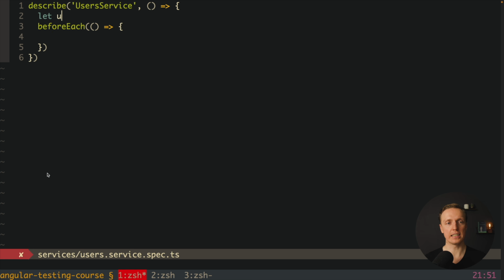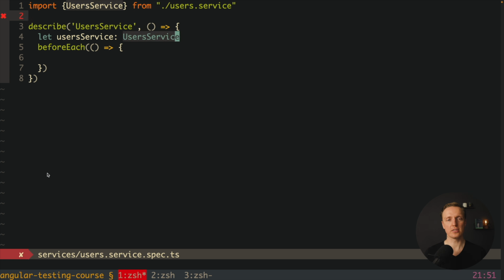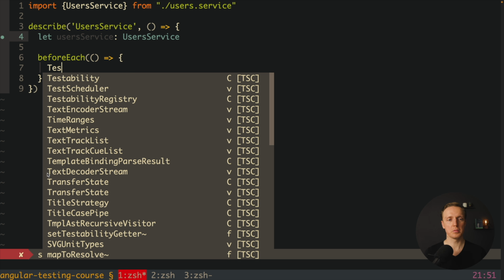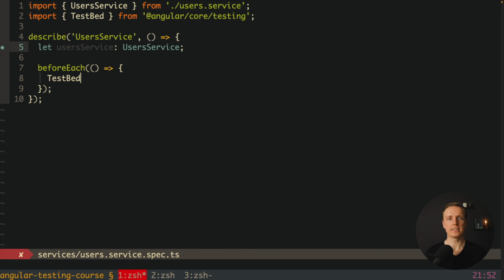This is why here let user service of type user service. And as you can see, it was auto imported here on the top. Now inside our before each, what we want to do, we want to write test bed. And as you can see, we are importing test bed from Angular core testing. And we want to call here